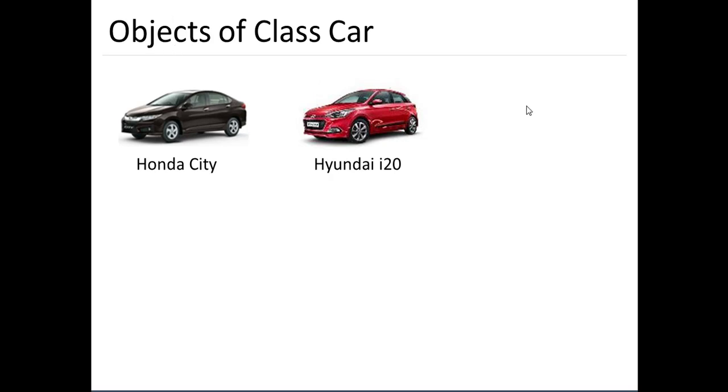Now the information for this car is again different from this car, isn't it? So for the i20, the company has changed, the model number has changed, the gear type has changed, the fuel type has changed. The way the Hyundai i20 works is entirely different from the Honda City. So I will need to rewrite again how this car is supposed to function, isn't it?